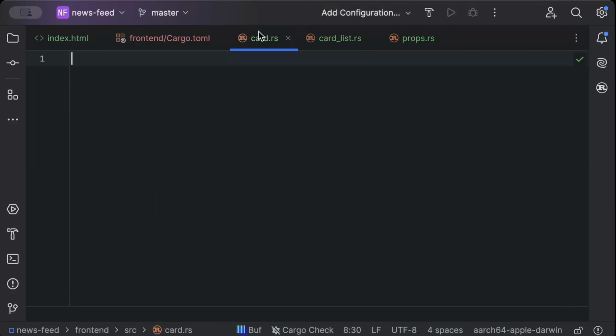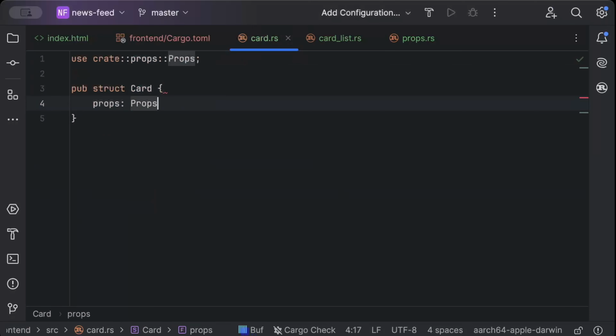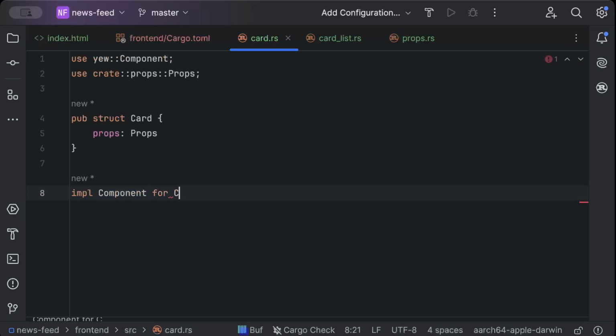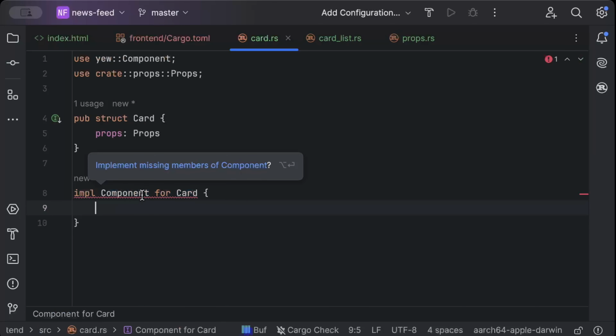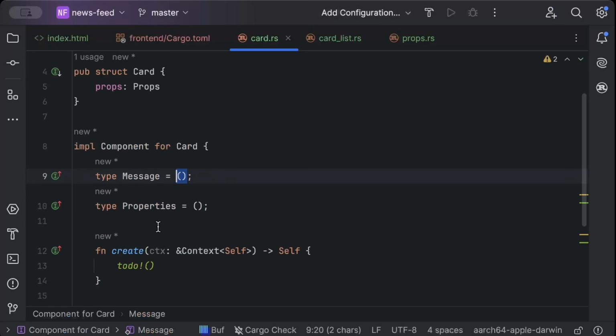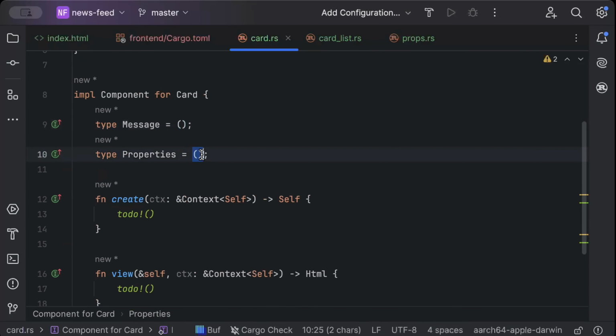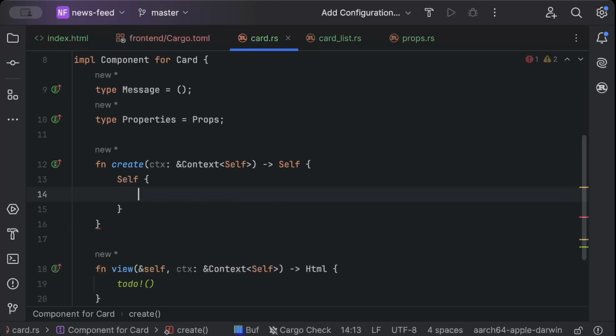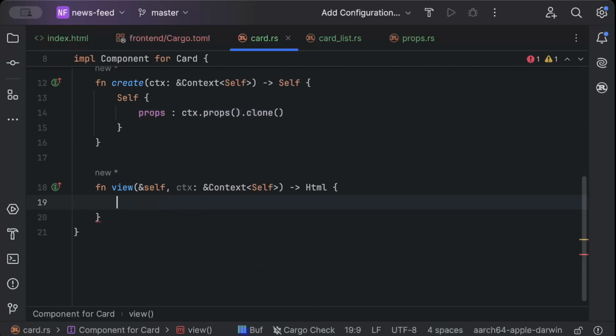Let's add the card component now. First of all, we'll add a struct Card, pass the props, and we'll impl Component for Card because Card is our component, and we'll implement the members. So Message we'll just keep as it is, Properties will be Props, and in create we'll just return Self with props as ctx.props().clone(), and then we'll implement the view. So let props